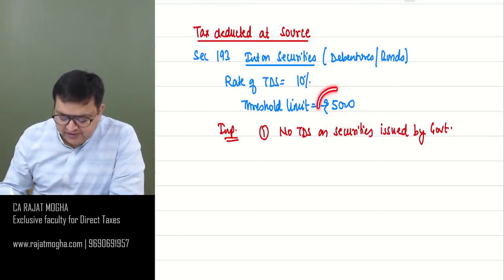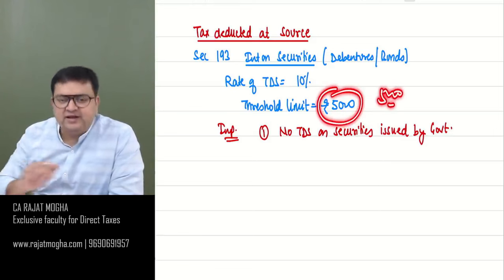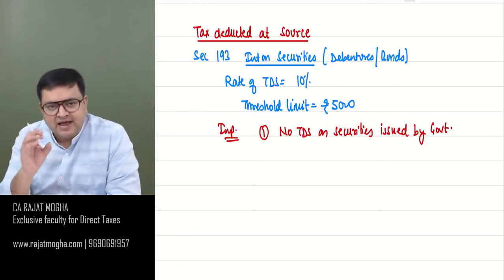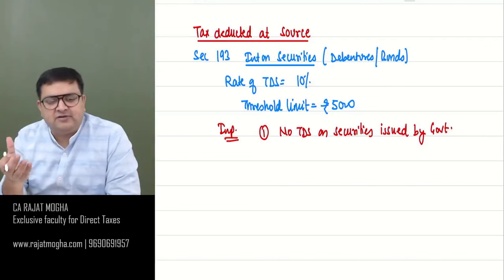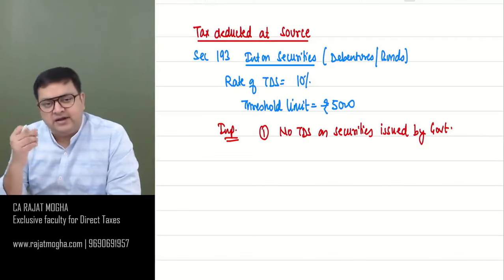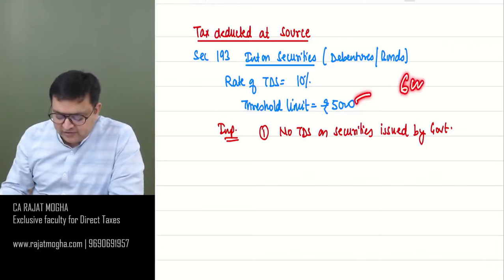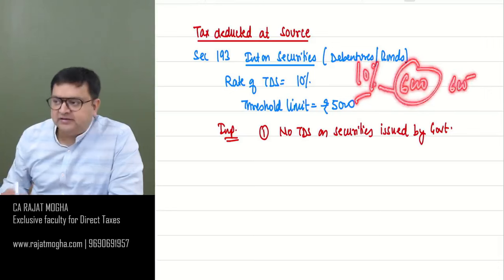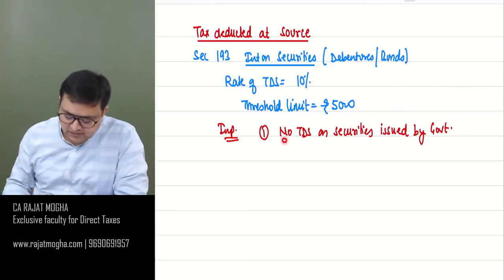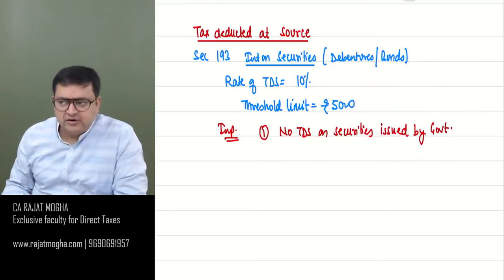If during the year you receive only up to 5,000, TDS will not be activated. But as soon as it exceeds 5,000, TDS will apply on all the amount. So if you receive 6,000 rupees, 10% of 6,000 would be the TDS. No TDS on securities issued by government, except